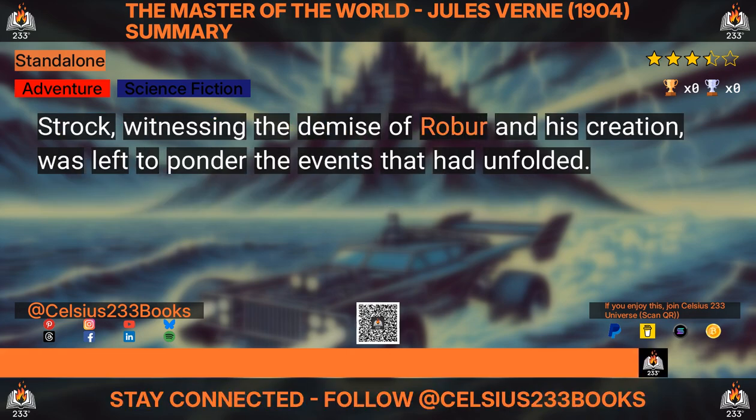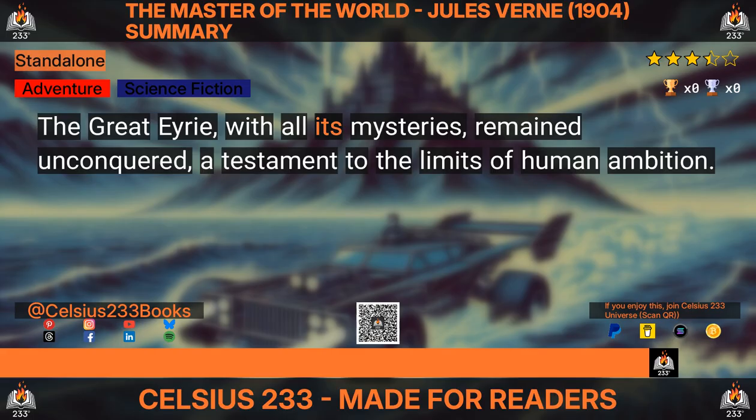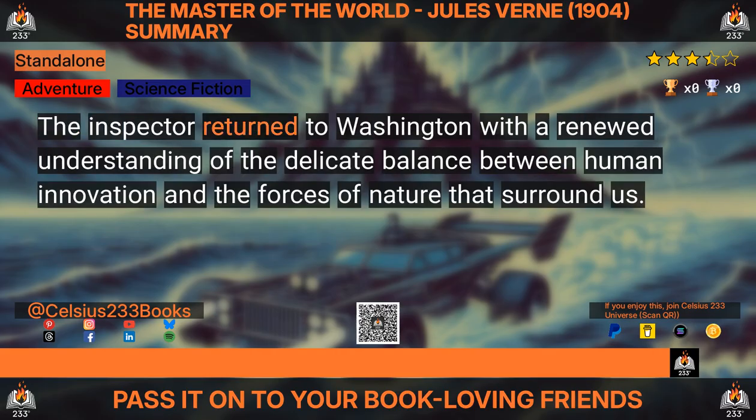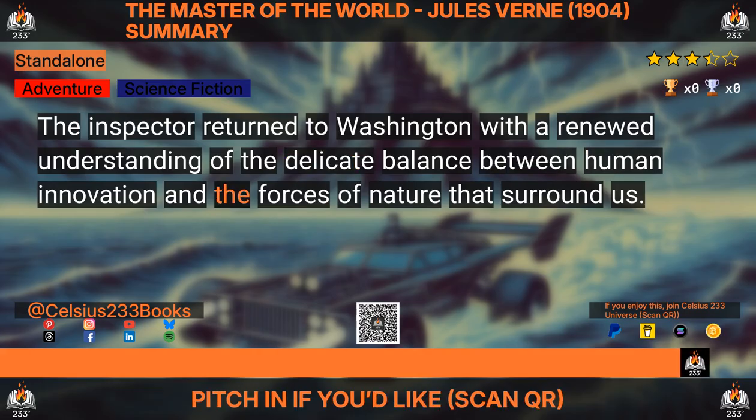Strock, witnessing the demise of Robber and his creation, was left to ponder the events that had unfolded. The Great Eyrie, with all its mysteries, remained unconquered, a testament to the limits of human ambition. Robber's downfall served as a sobering reminder of the dangers inherent in the pursuit of absolute power. The inspector returned to Washington with a renewed understanding of the delicate balance between human innovation and the forces of